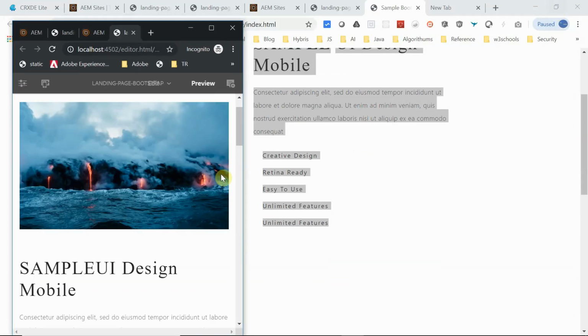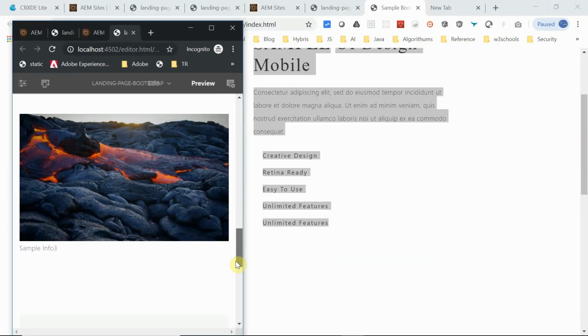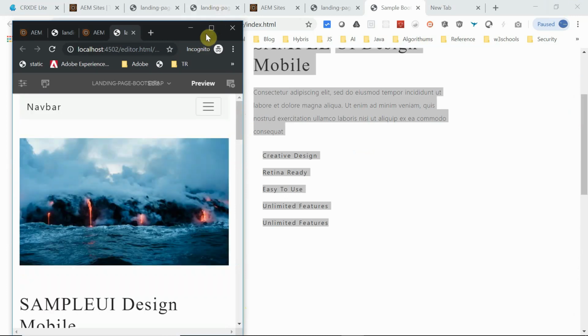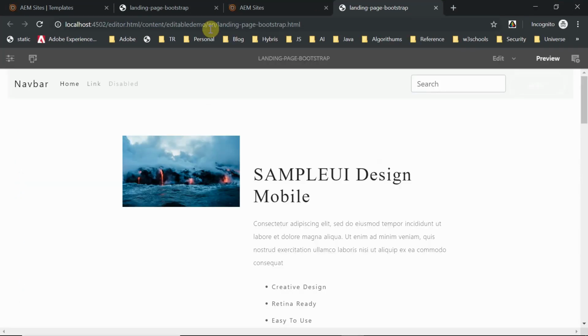Now let us see how it is working in our mobile view. Yeah, that is also looking fine. Now the structure is defined statically, and we created the page, and the page is looking as expected. What is the structure required? It's a static structure. This same thing is possible through the AEM Grid. Whatever we developed right now through the Bootstrap Grid, we can do the same thing through the AEM Grid also. So let us look into this.